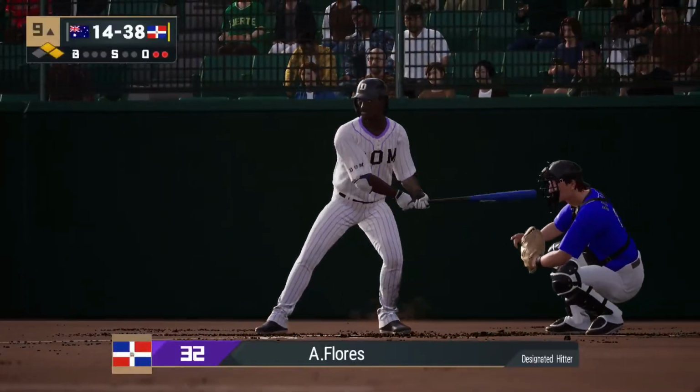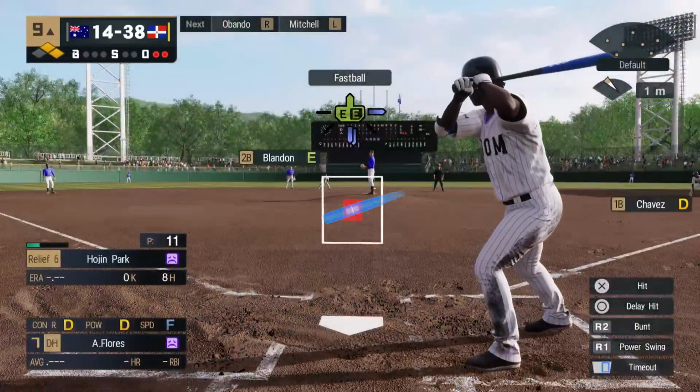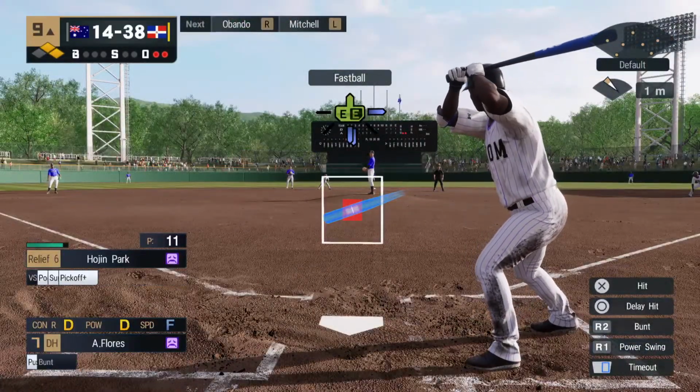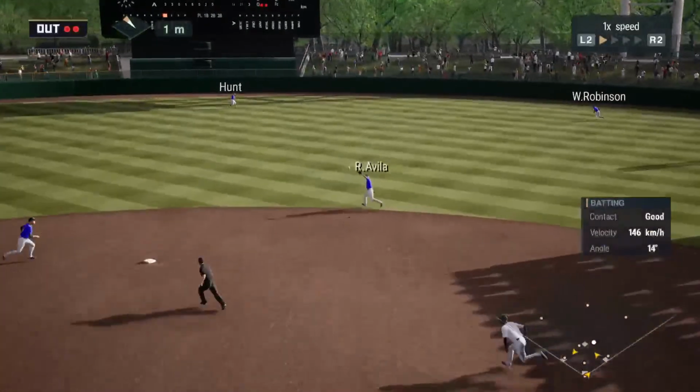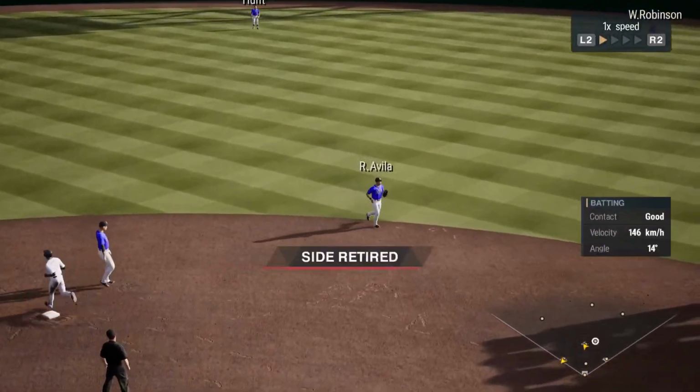Stepping in as a designated hitter, Adam Flores. In his last at-bat, he hit a clutch single. Hit toward the pitcher. Clocked for out number 3. They were certainly...